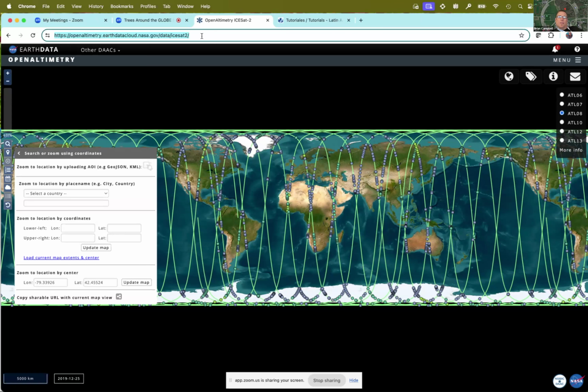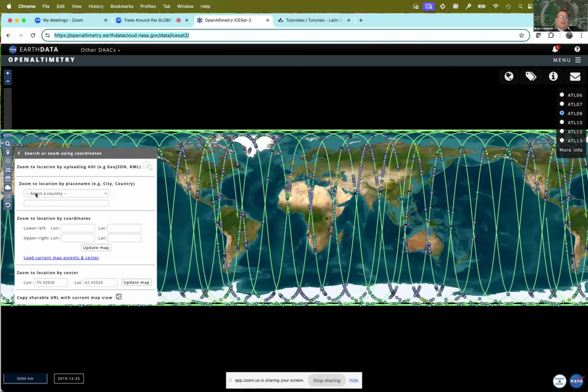So what you're going to get is this global map, and all those lines that you see are, as Peter mentioned earlier, the ICESat-2 orbit paths or orbit tracks. And those dots that you see on there are the individual photons that hit. These are the most recent ones, the most recent tracks here. And then when you go over here, there's this little arrow just below the magnifying glass that allows you to look for a specific area.